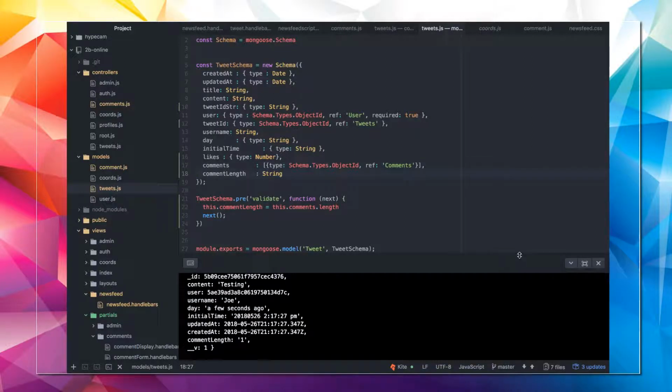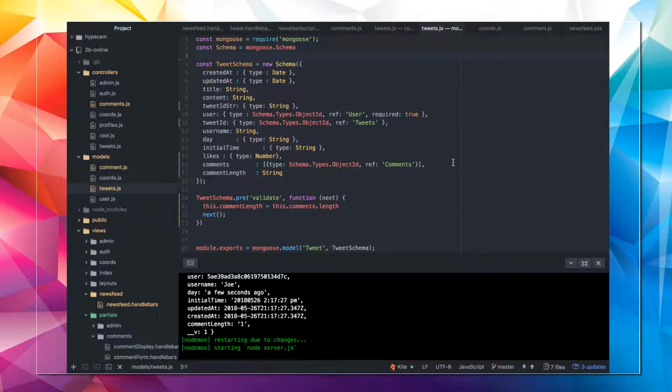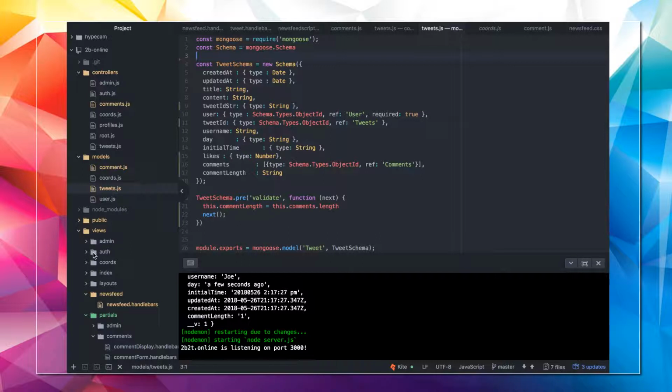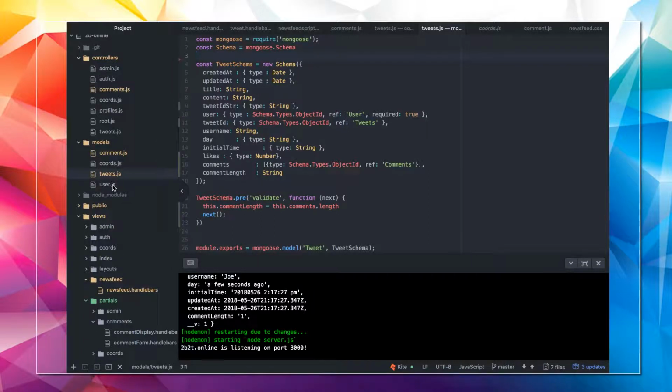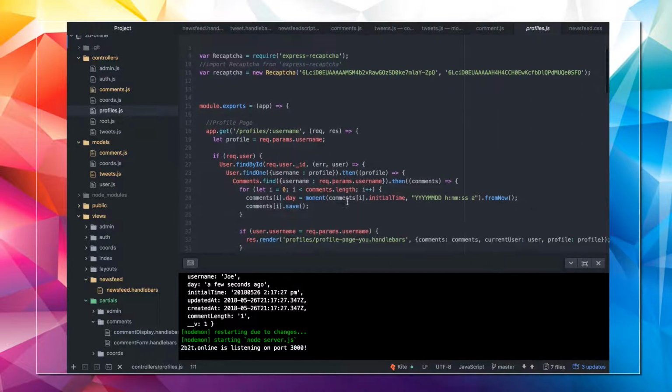Anyway, what we can do now, of course, is get those comments to be embedded inside. I'm going to do that later on my own, because I only want to show 1 or 2 of the top comments to start, and then the rest is going to be on its own. But what I do want to try and do right now is get the posts that you make to appear on your profile page. So right now the tweets are tied to users the same way that comments are tied to users. And so if I go to the profile controller,